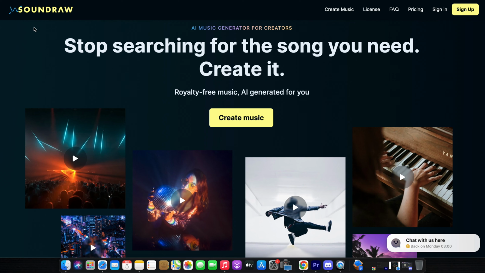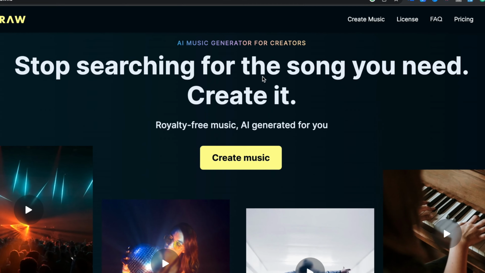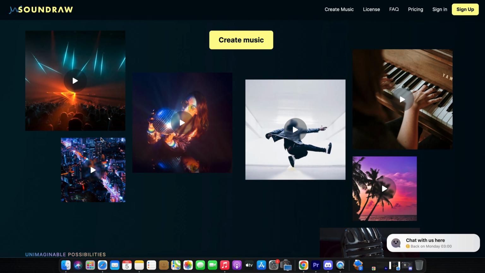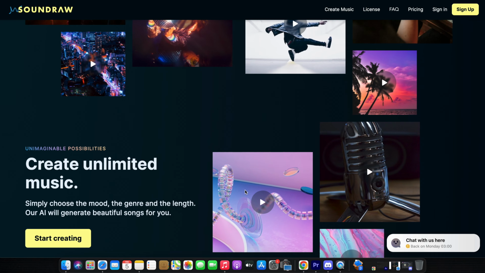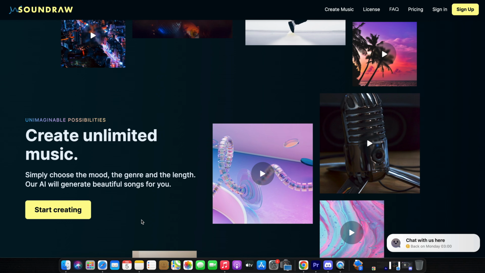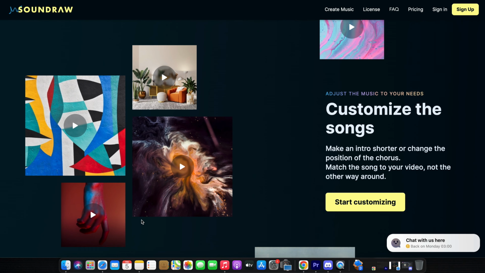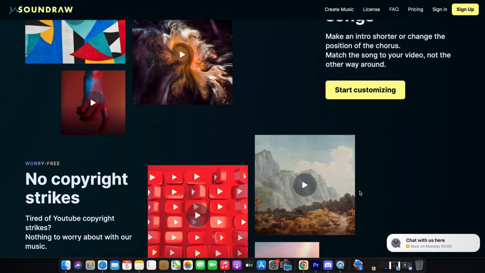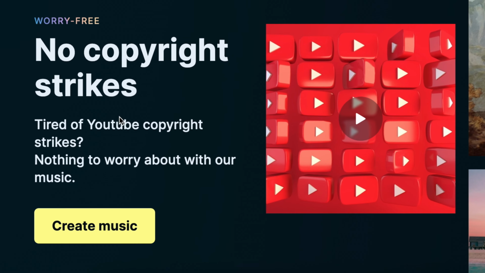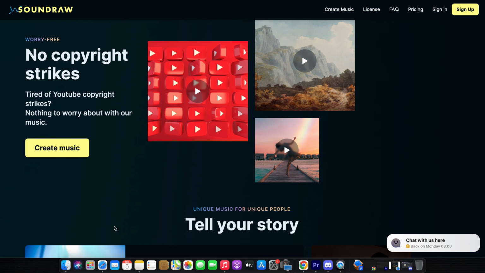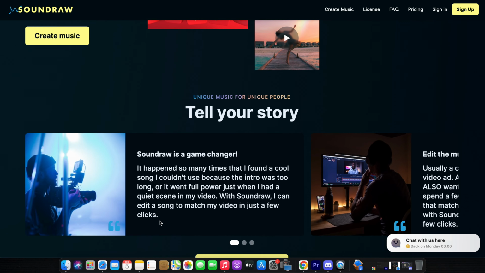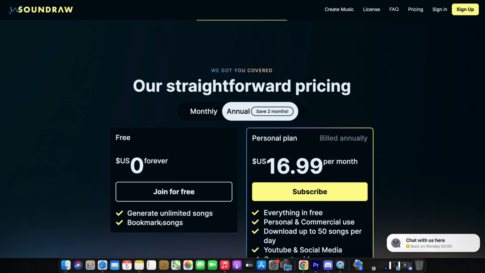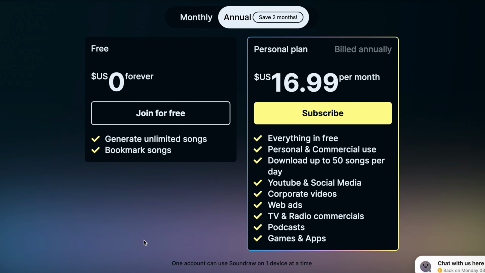SoundRaw has designed an innovative AI music generator aimed at video content creators. This tool enables its users to effortlessly compose original music for their videos by selecting a theme, mood, or genre. Once the desired parameters have been set, the music generator will automatically produce tracks that match the specifications. Additionally, users can further personalize their music by adjusting factors such as structure, length, and instrumentation, ensuring that the final product perfectly fits their content and enhances its overall appeal.